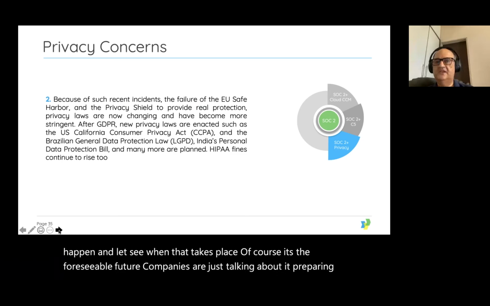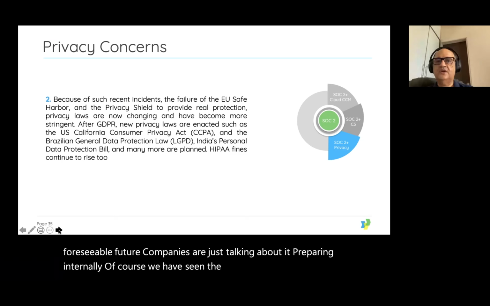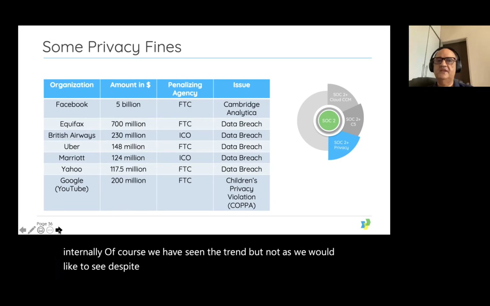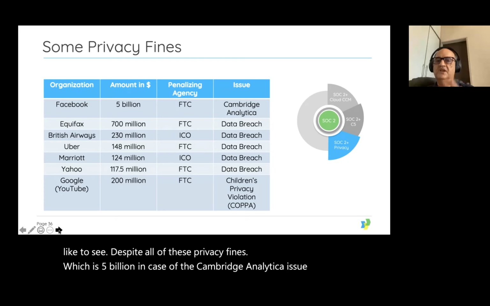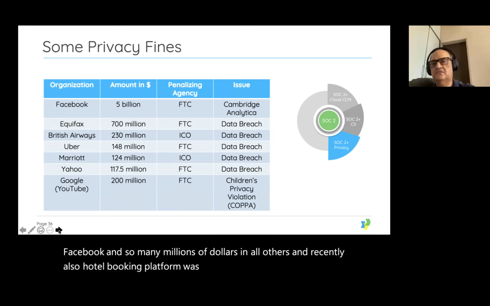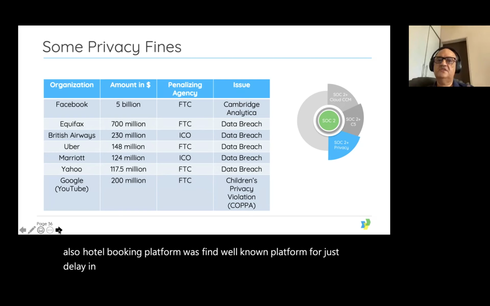Of course, we are seeing the trend, but not as we would like to see, despite all of these privacy fines, which is 5 billion in the case of the Cambridge Analytica issue for Facebook, and so many millions of dollars in others. Recently, a well-known hotel booking platform was fined just for the delay in informing a breach, within the 72 hours mandated under GDPR.